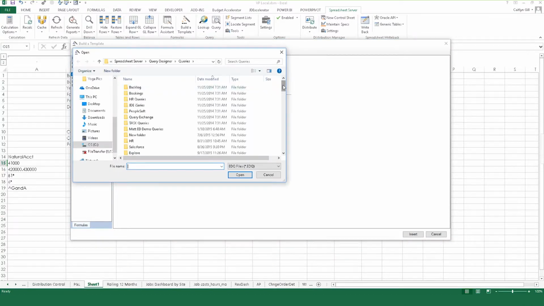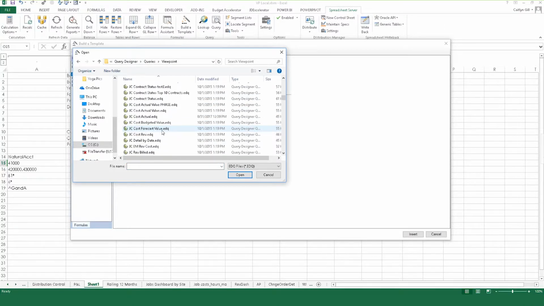It's going to take you to wherever the Platinum user stored your queries. So I've got a folder called Viewpoint. And then you can select from whatever queries the Platinum user has placed in this folder for the Gold users. So I've got lots of queries. I think I've got them all in here. And I'm going to select, let's see here. We'll select